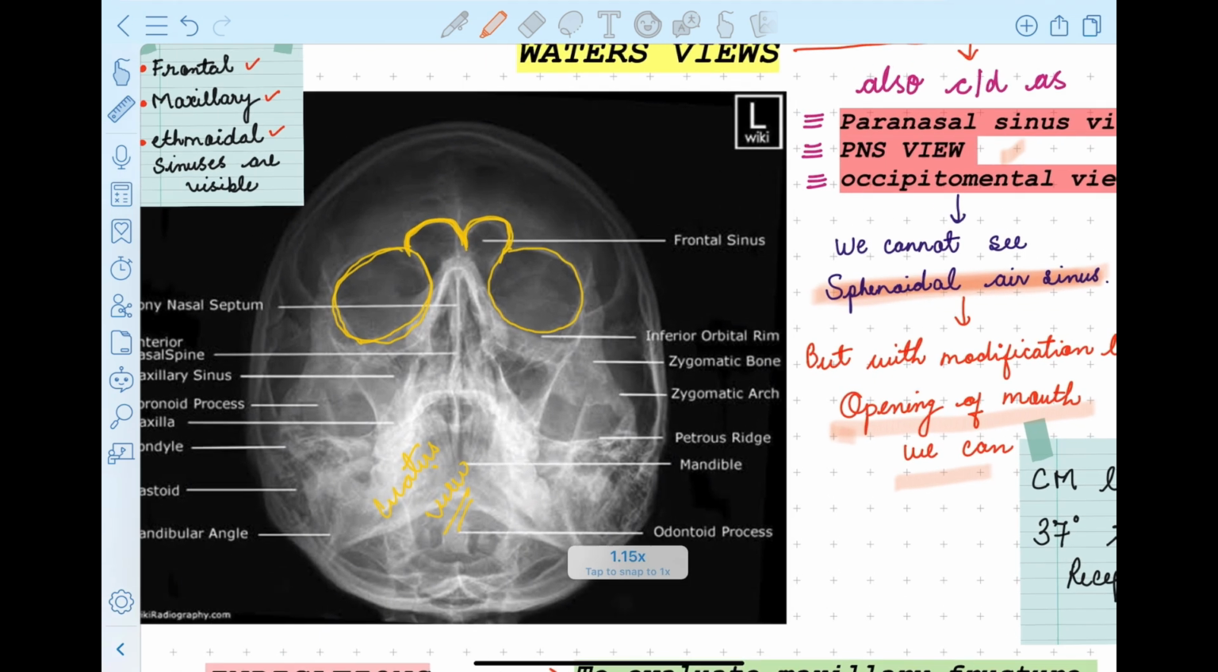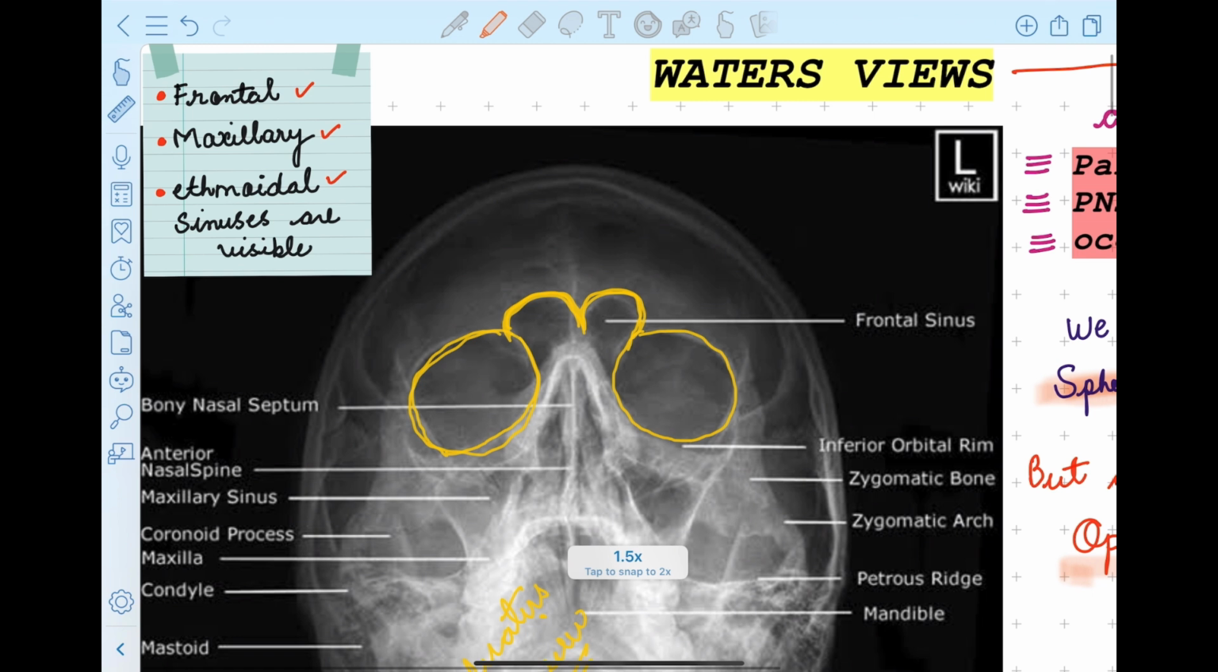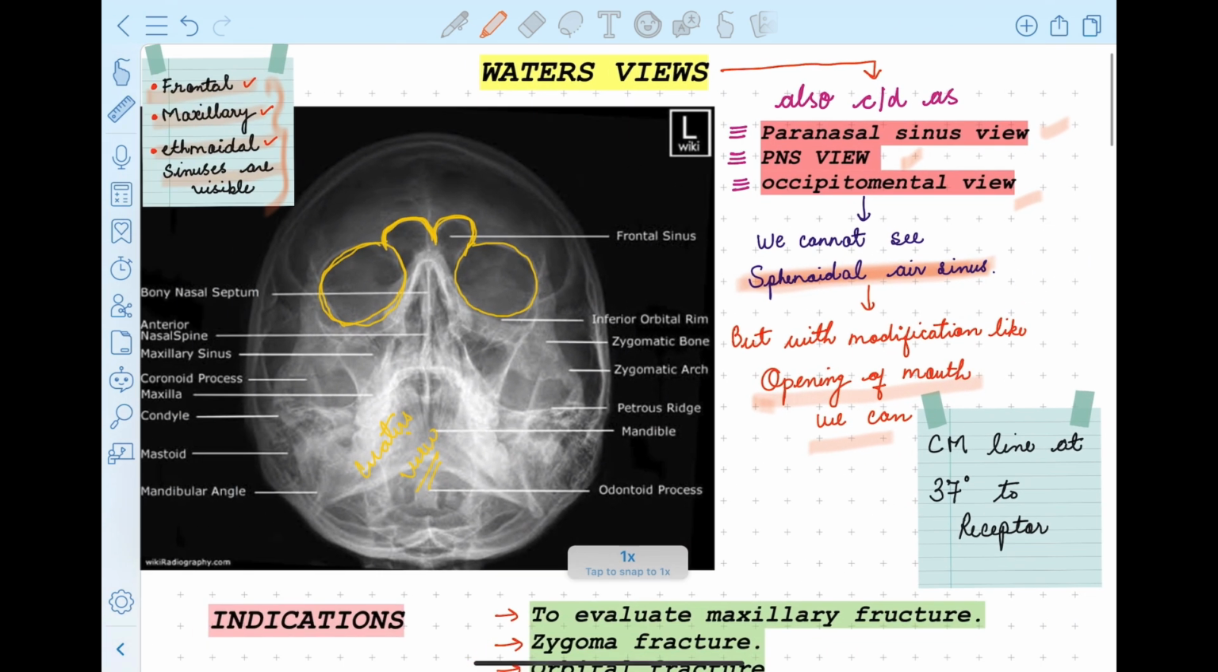So now let's see what are the sinuses that we see. We can see frontal sinus, maxillary sinus, and ethmoidal air sinuses. These sinuses are visible. Only one sinus, the sphenoidal sinus, is not visible, but with modifications like opening of the mouth, we can see the sphenoidal air sinus also. Okay,